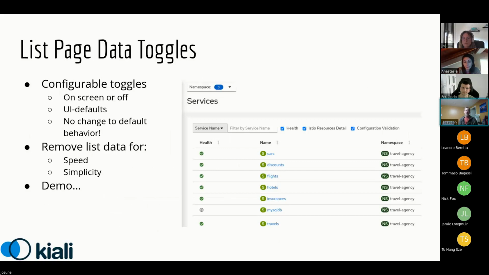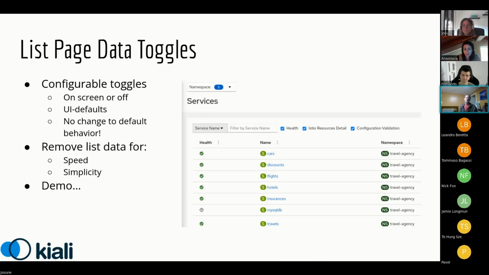We're doing a lot. And there's times when users either don't want all that information, or more likely they're not willing to wait for it, because if you have a very large installation, these pages have shown to sometimes be too slow for the user's needs. We have long-range plans to try to speed it up in a way that people should always be able to see all the information. But until that time, this is a bit of a stopgap,